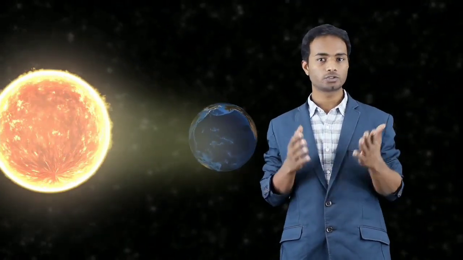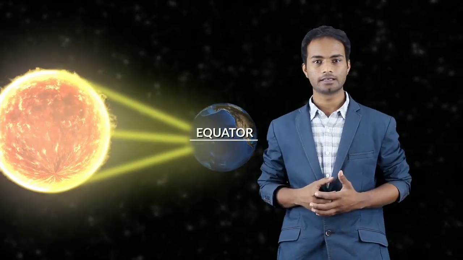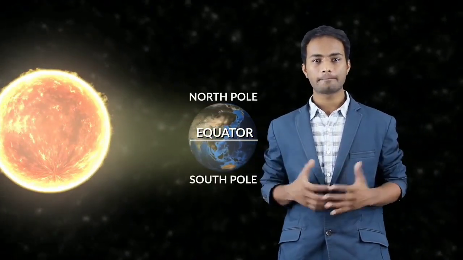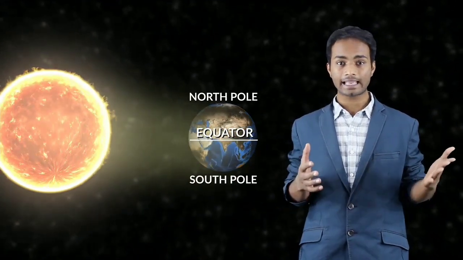You know that the earth is rotating from the west to the east along its axis. Now, while this rotation is taking place, the sun heats up the earth, and the light and the heat from the sun is mostly concentrated at the center of the earth, which is the equator. Now, not that the poles don't receive this light and heat, but it is just not as intense as at